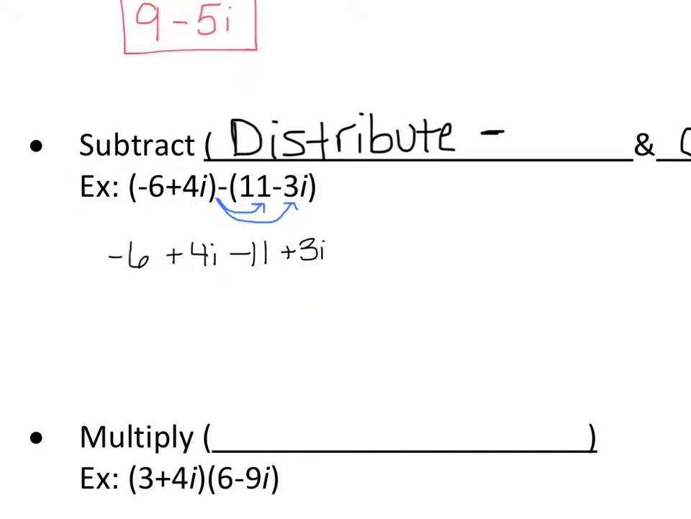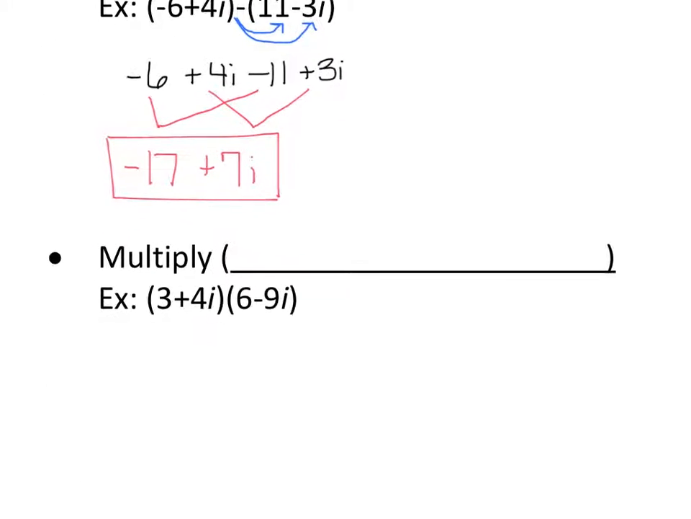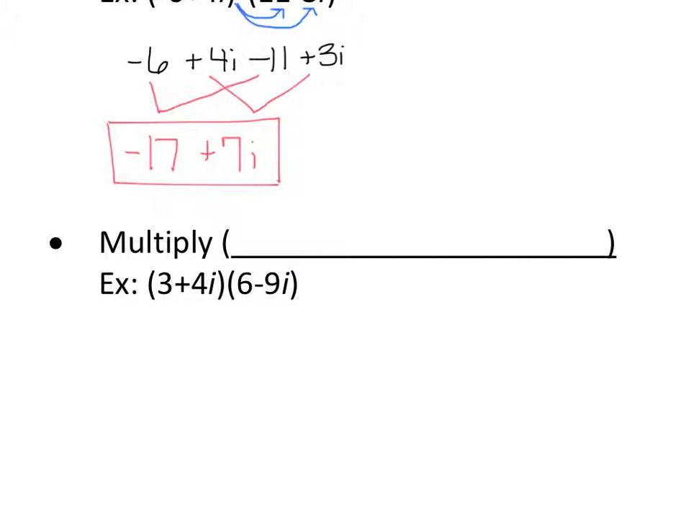Now combine like terms. We get -17 plus 7i. And there's your answer. Real numbers first and then imaginaries. We okay with that? Next part is multiplying, which we are going to, when set up like this, we are going to distribute,